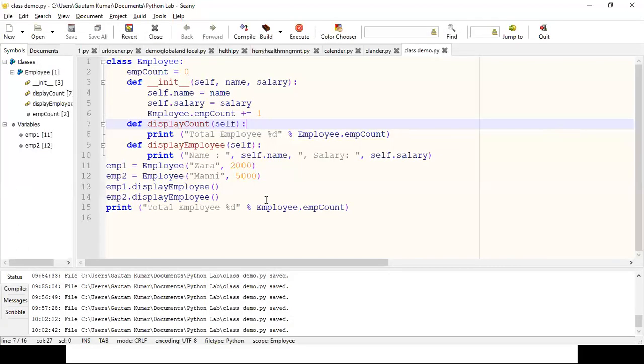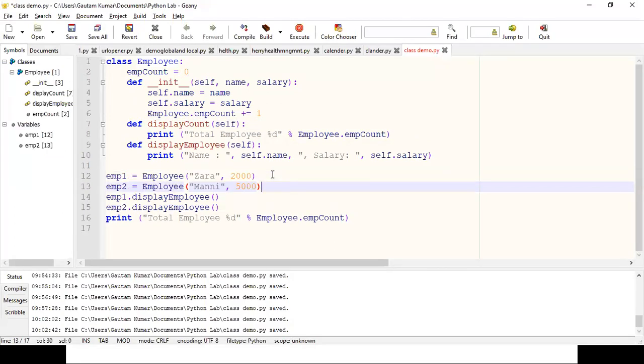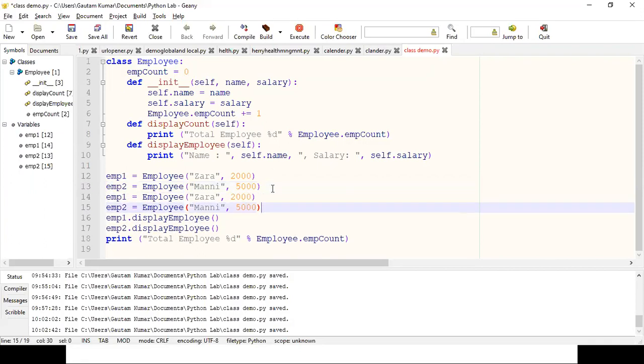Now what we are going to do, we want to create more objects. Like emp3 and emp4.